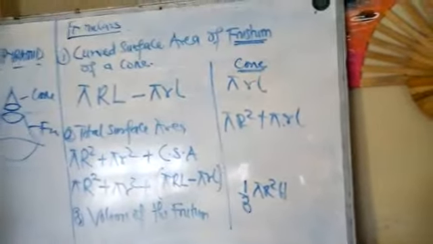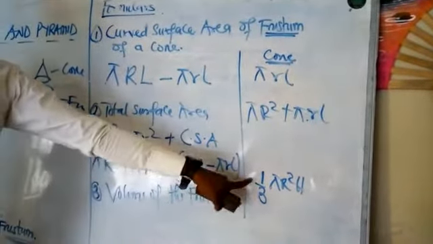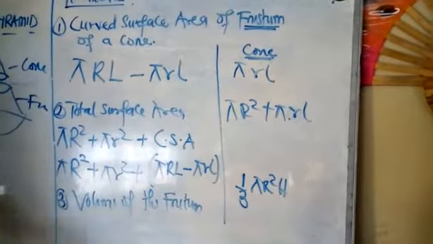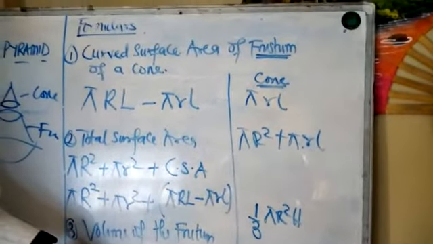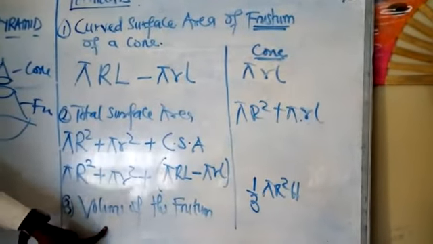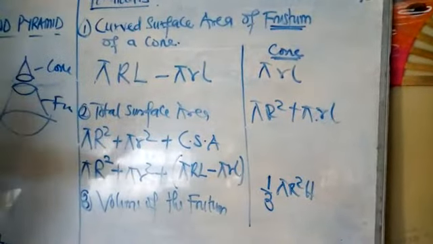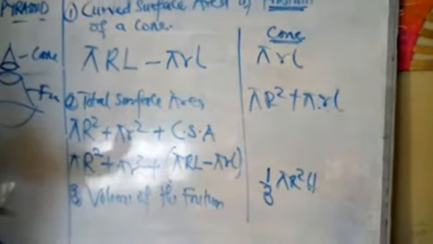Let me give you 2 seconds. Who can tell me in the class? Look at the board. Who can give me this formula in relation to 1/3 πr²h, since we are now talking about the frustum? Because the frustum is like double of that, the properties of a cone, because you now have 2 images because of the line you cut across at the top. So who can give me this formula?